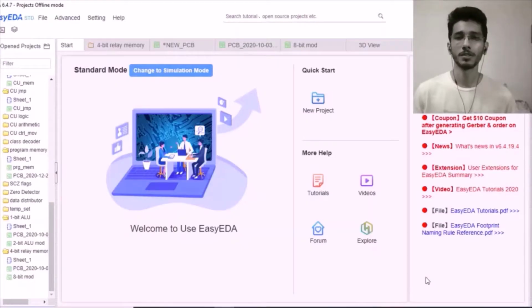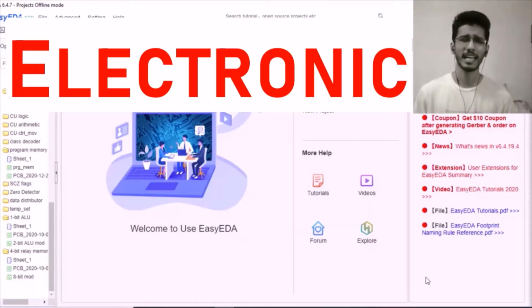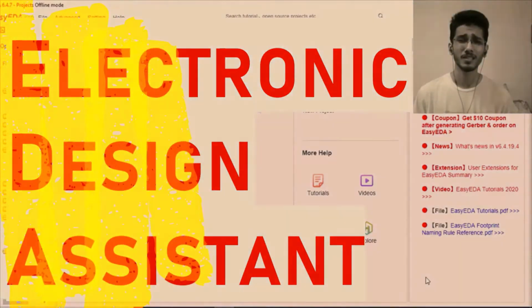Now that I've covered the requirements, I think it's time that we got into the actual design of the memory register, since PowerPoint is boring. People learn in lots of different ways, but experience is the best teacher. For designing all the circuit boards in my Relay computer, I went with Easy EDA, which is an electronic design assistant.